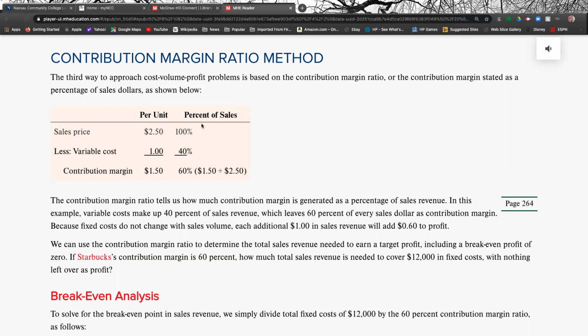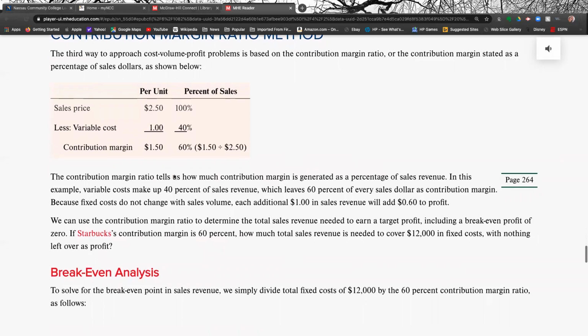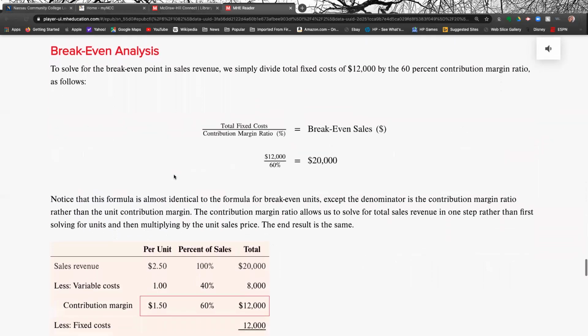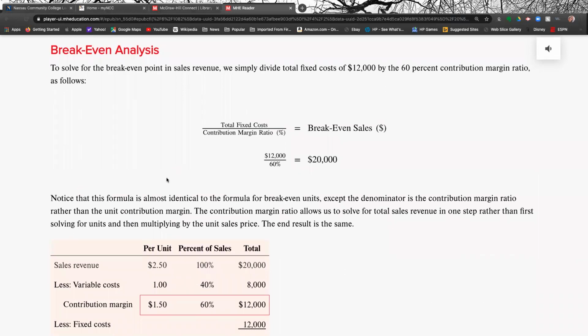So in this particular example, what was the contribution margin ratio or contribution margin percentage? If you recall, it was 60%. And how do we get to 60%? We take the $1.50 and divide it by $2.50. So we take the contribution margin per unit divided by the sales price per unit, and that gives us 0.6 or 60%. So in terms of the break-even analysis, if we take the total fixed costs and divide it by that contribution margin percentage, $12,000 divided by 60%,